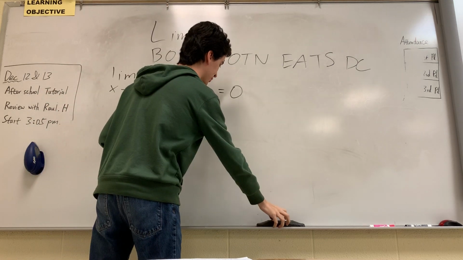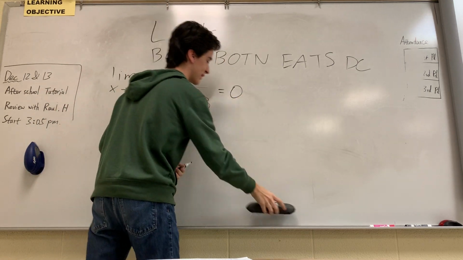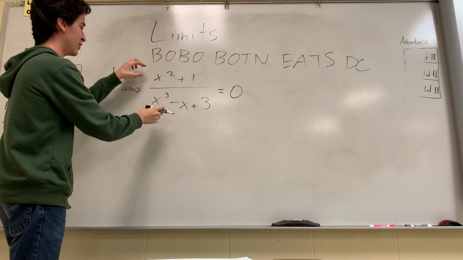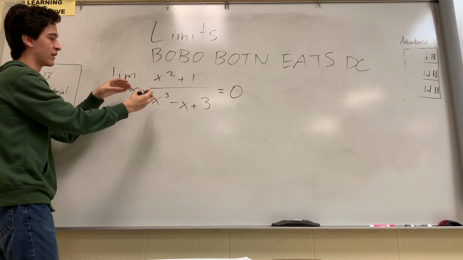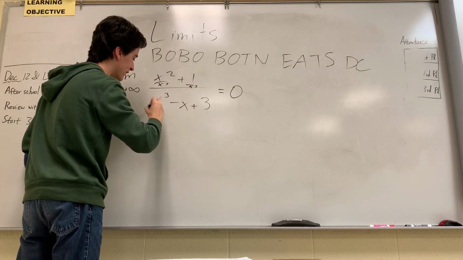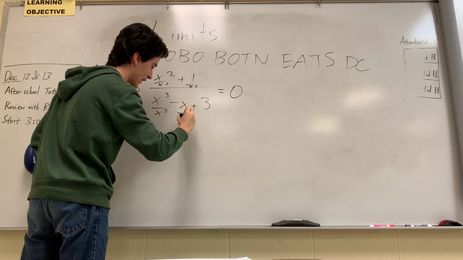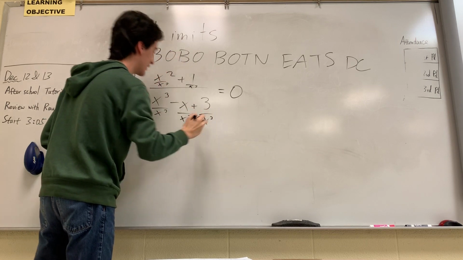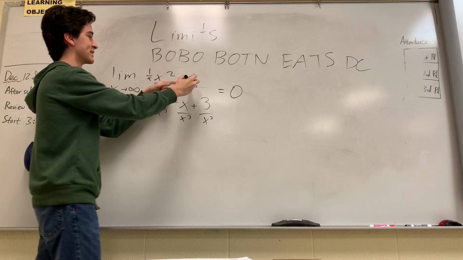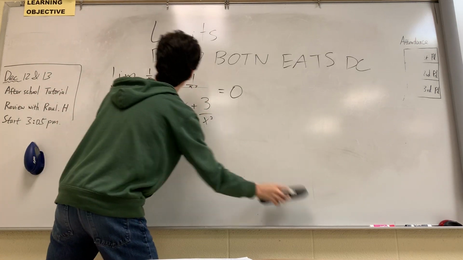What you can also do is, well, that's the right answer, so I'll leave it there, you can divide by the polynomial of the greatest degree, right? So if you divide by x cubed and divide by x cubed and divide by x cubed and divide by x cubed and divide by x cubed, well, that's going to turn into 1 over x. That's going to turn into, well, actually, before I even do that,